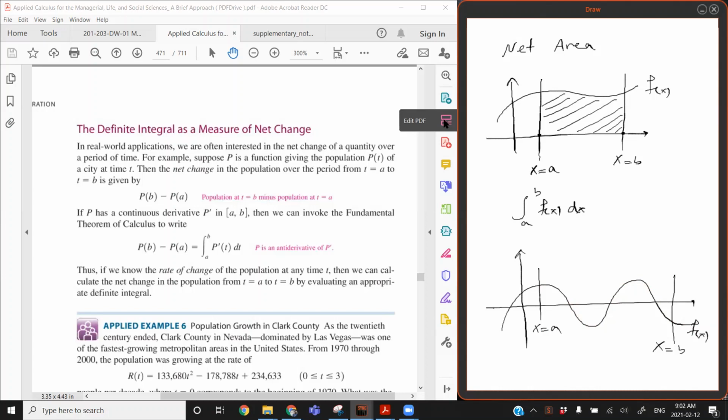So what would the integral from a to b of f of x dx represent in this case? Then it would be something called the net area. That is, if this area here, I call that A1, and this area here, I call it A2, and this one, I call it A3, and this one here, I call that A4,